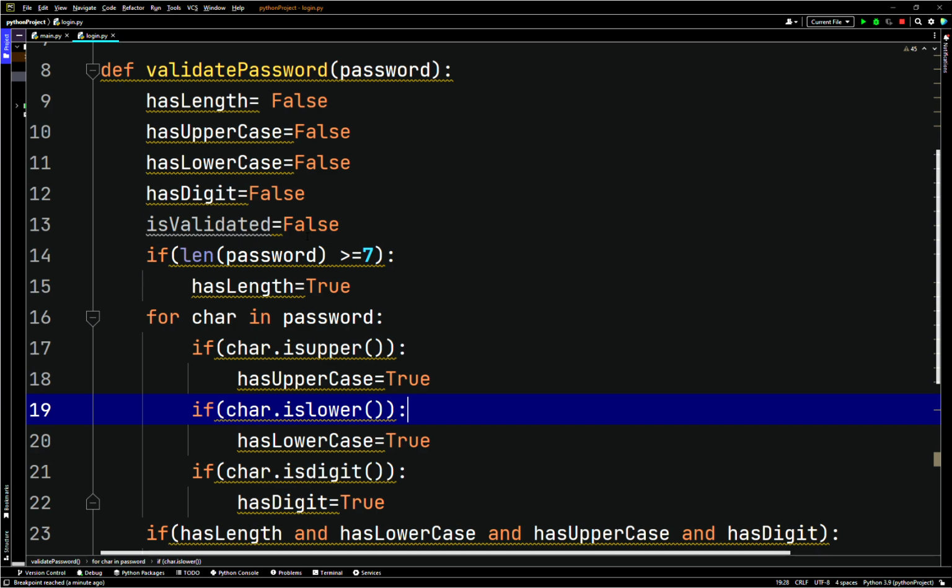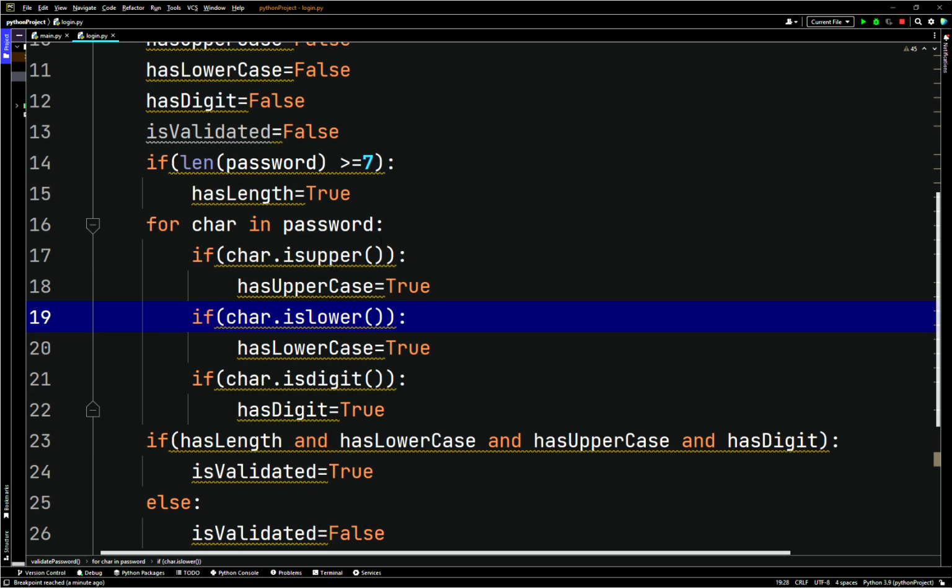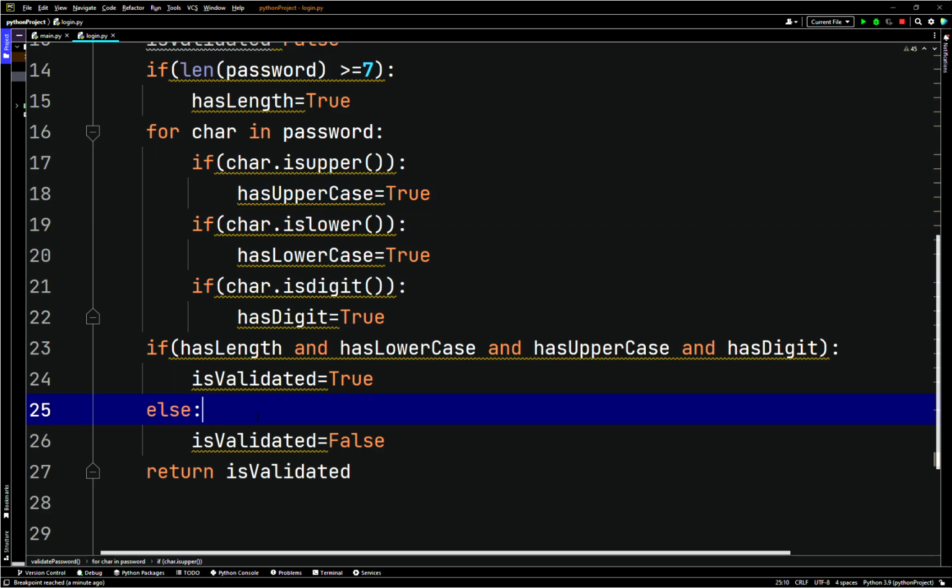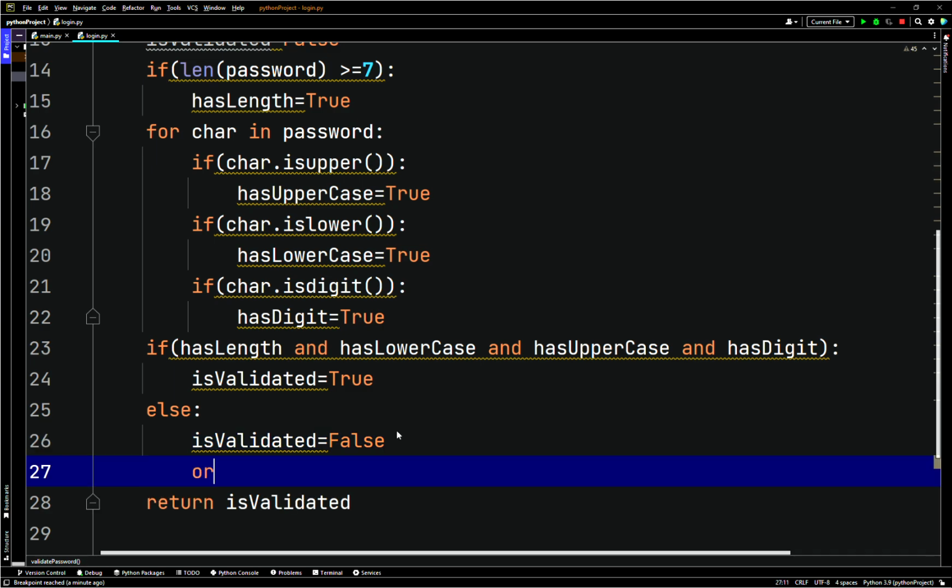What went wrong. Sorry, getting tongue twisted there. So if we have a problem, we could get it to say what the problem was. For example, if we didn't have an uppercase, we could probably do that right now. We could say else, invalid is false. So we could print. Let's just try this. Print